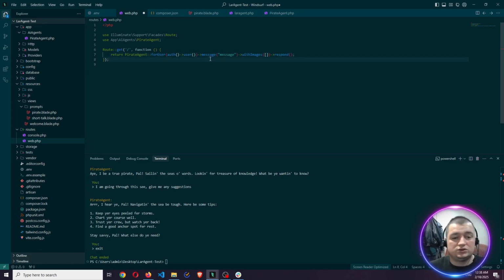You can check all this in the documentation. For now I will use the for method with some static, custom chat history, and we'll use a short version of